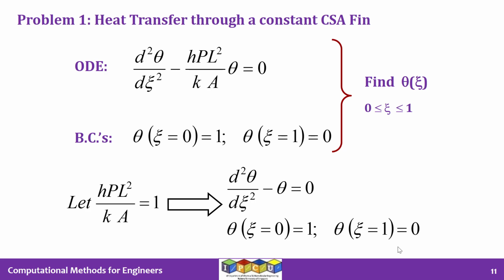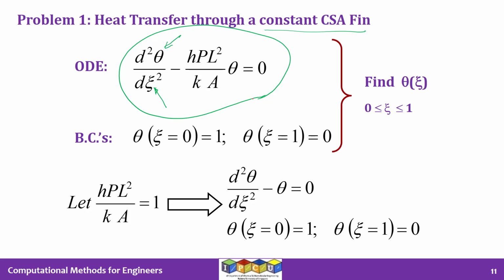Let us now look at a boundary value problem and set it up as a system of algebraic equations using the finite difference approximation method. We can then solve it as well. So consider this ordinary differential equation that we have seen in the past. The dependent variable is theta, the independent variable is psi, and heat balance for heat transfer through a constant cross-sectional area fin results in this ordinary differential equation based on some assumptions regarding the phenomena, etc.